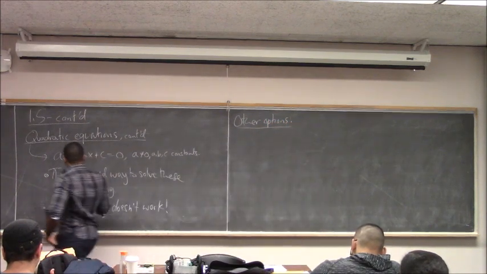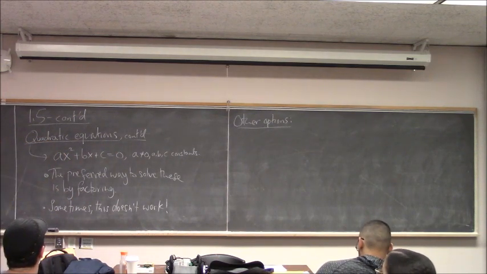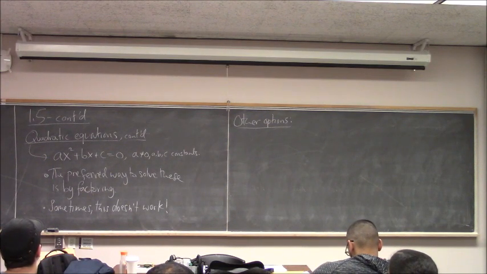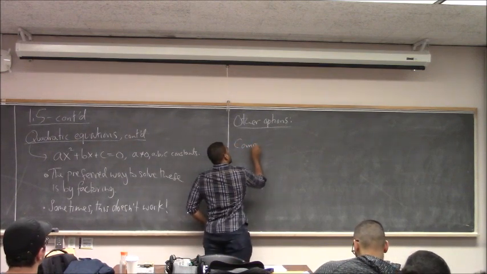We looked at a bunch of ways to factor something, both when the a is 1 versus when the a is not equal to 1, and you use the AC method or trial and error. But sometimes you can't factor these at all, and so we need to know how to deal with those. And so one option is called completing the square,